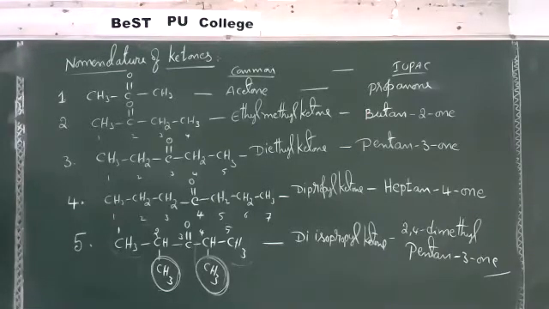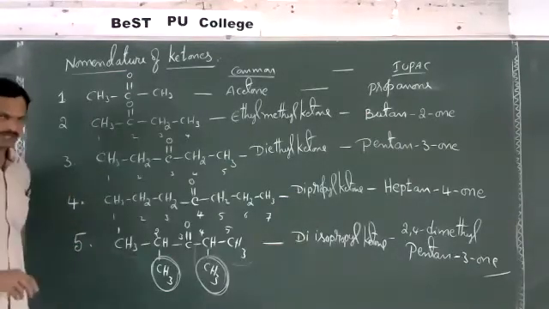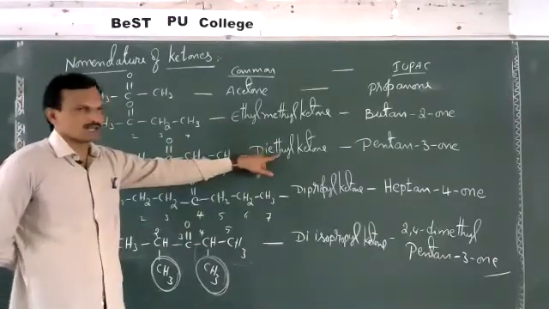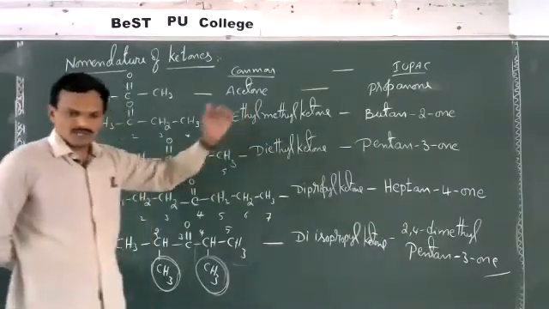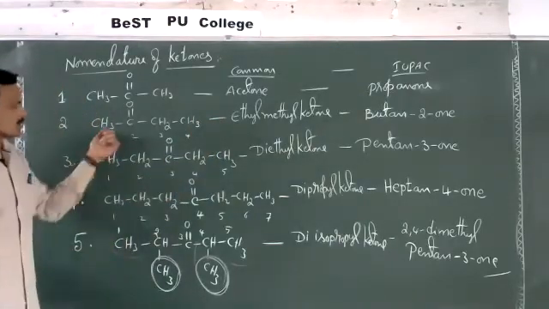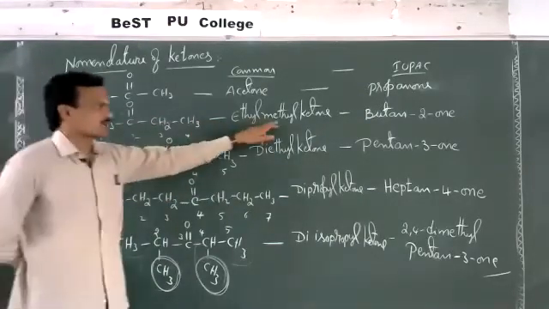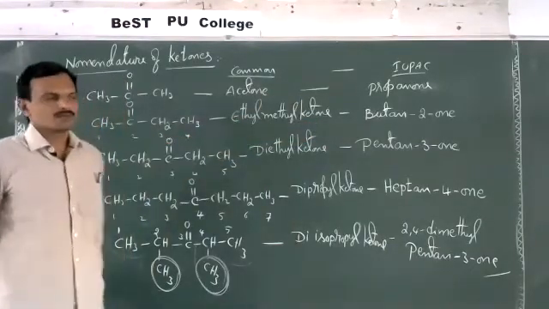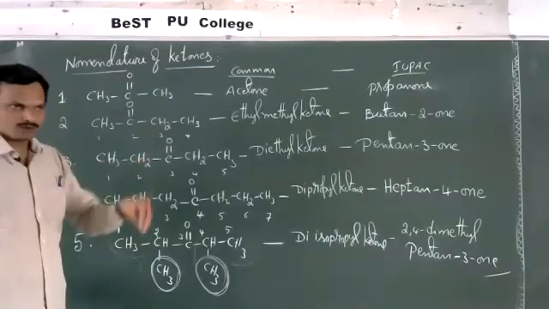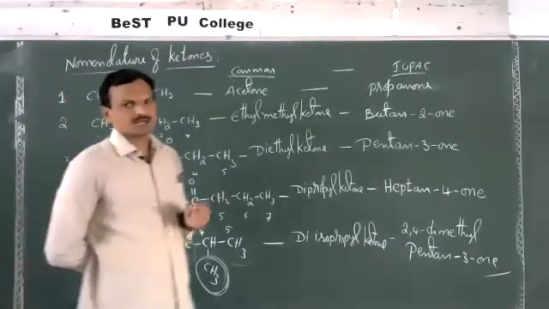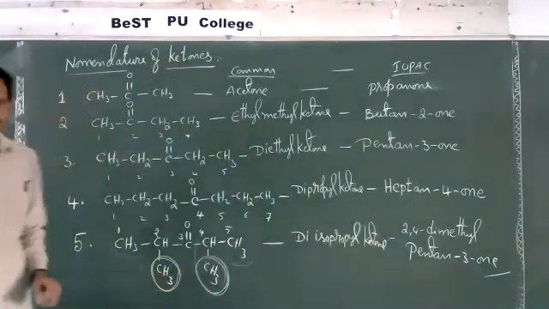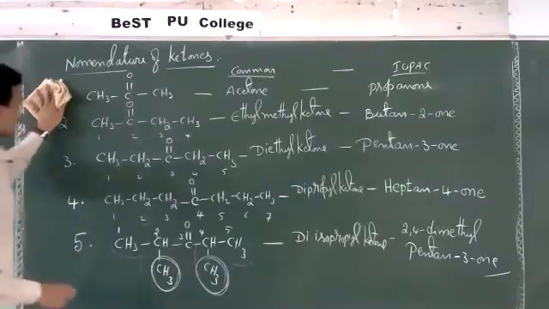Okay, right. So like this, there are symmetrical and unsymmetrical ketones. If it is a symmetrical ketone, we use the term di before the name of the alkyl group, ending with ketone. If it is an unsymmetrical ketone, we represent the two alkyl groups separately in alphabetical order, ending with ketone. As per the IUPAC system, these are named as alkanones. The terminal E of alkane is replaced with ONE. Okay, alkanone. Right. Now, let us see some other examples.